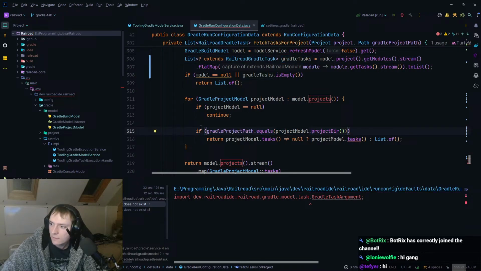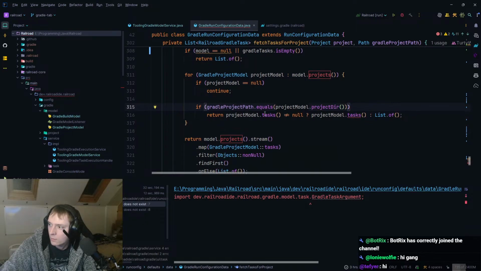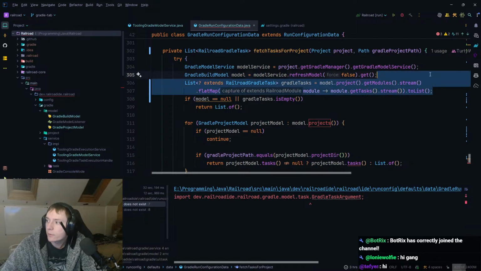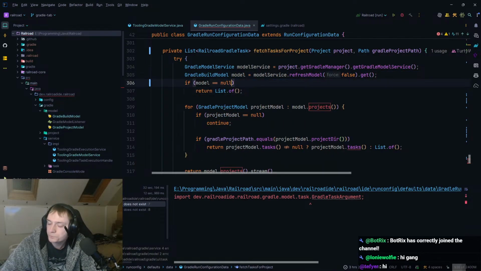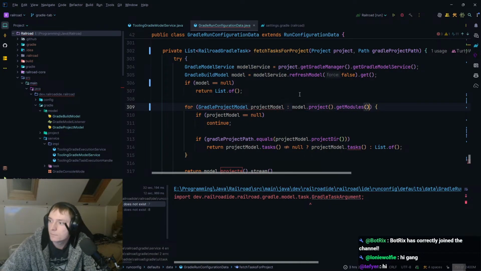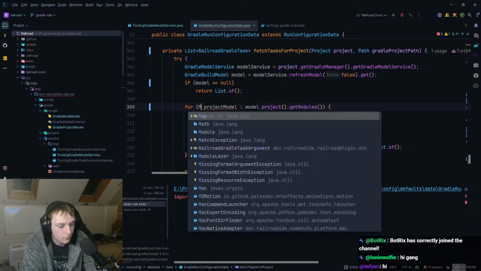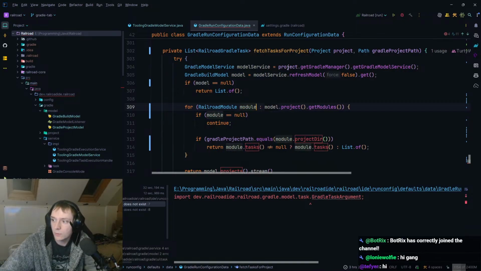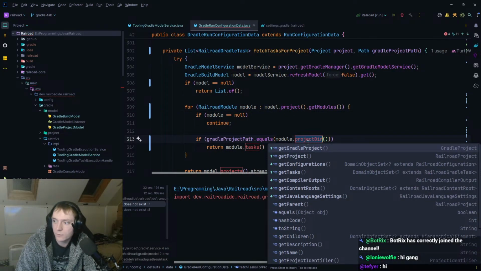So what is this? If Gradle project path is equal project model dot project directory. Okay, I think we should get rid of this actually, and then just do this, which gets us our module like that. And then we can do if the Gradle project path equals the module